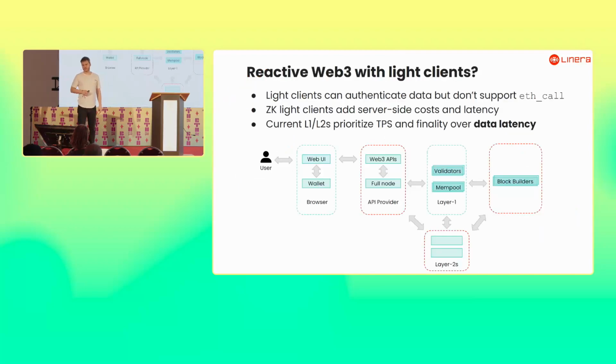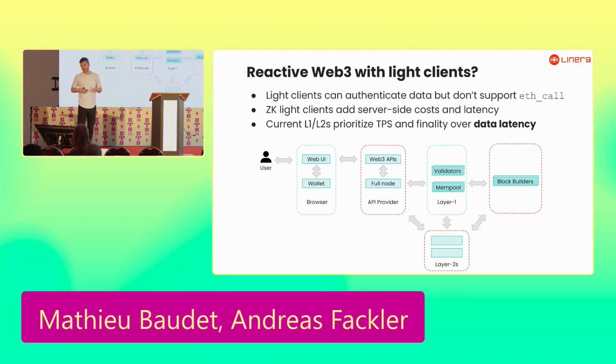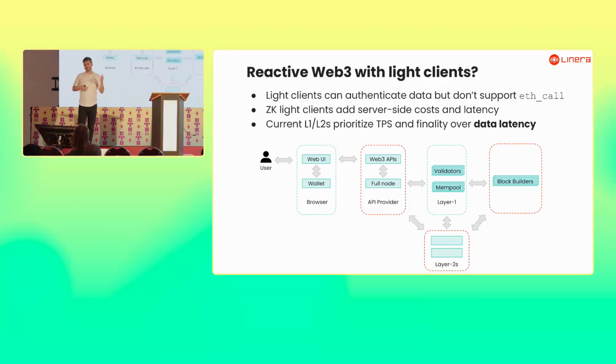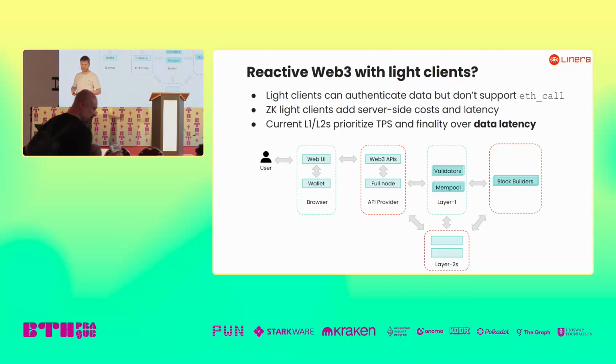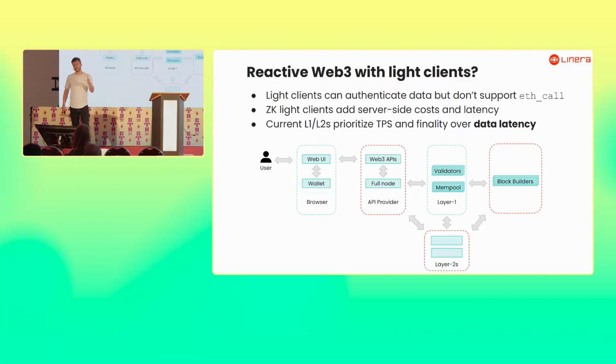So let's look at the current state of developing a Web3 application. How does it work currently? You have a web UI, and usually your browser doesn't have a full node for the layer 1 or the layer 2 you're using. So what's going to happen is you're going to talk to an API provider. And that API provider is talking to the blockchain infrastructure. Now the problem is, first, in terms of security, more often than not, the browser is just trusting the data from the API provider. So we'd like to do better.